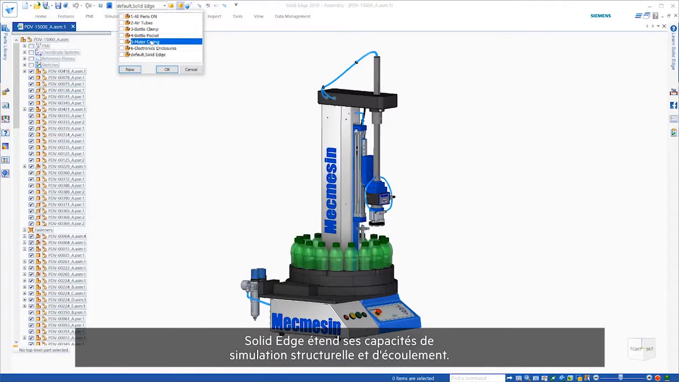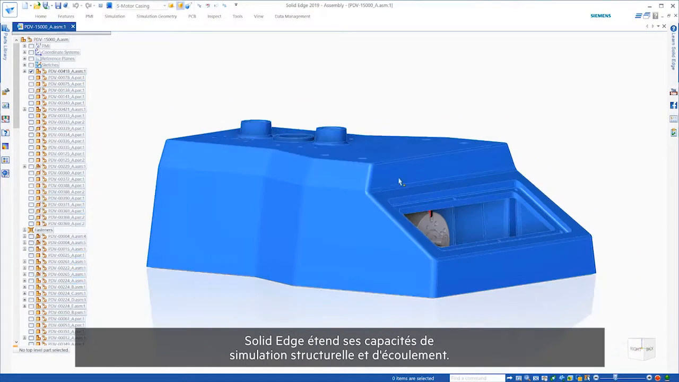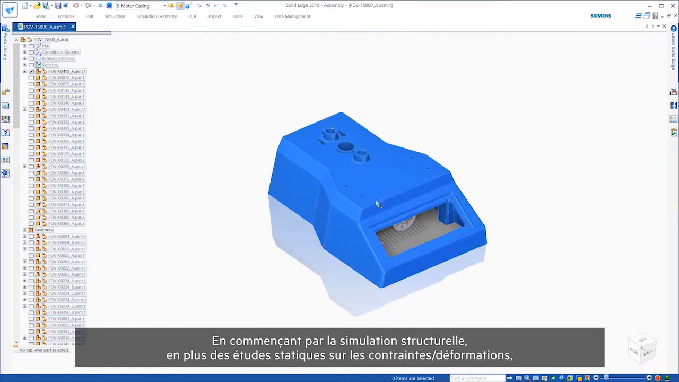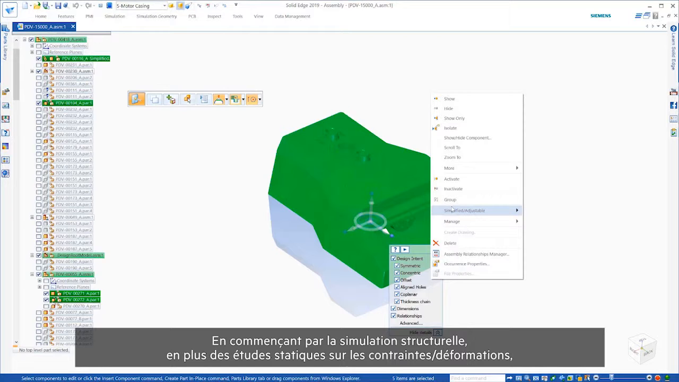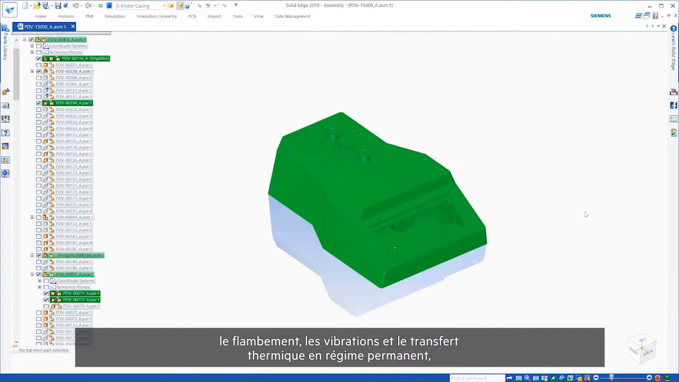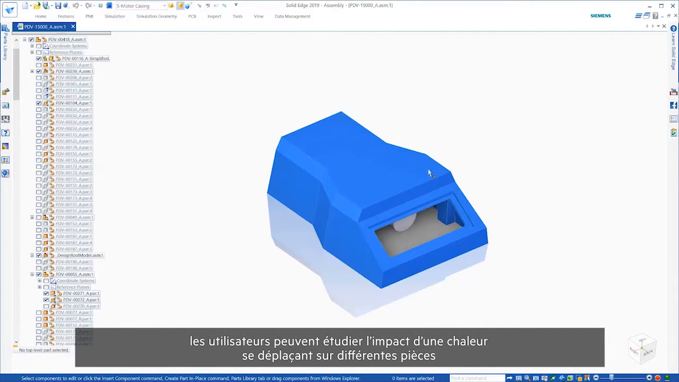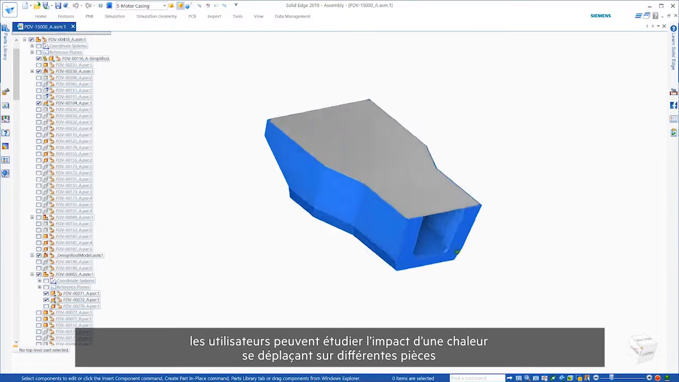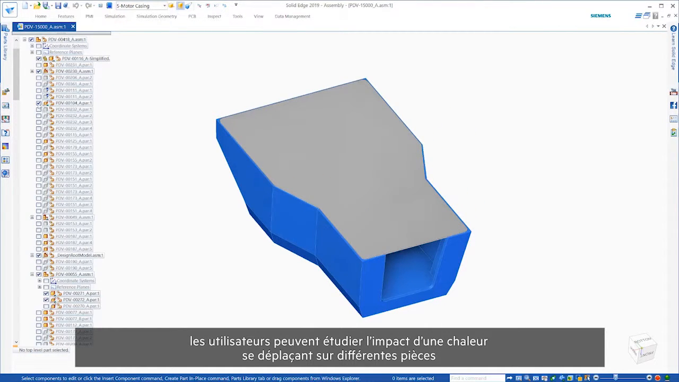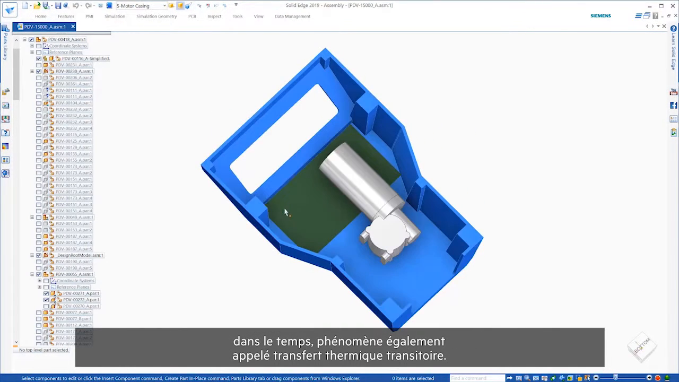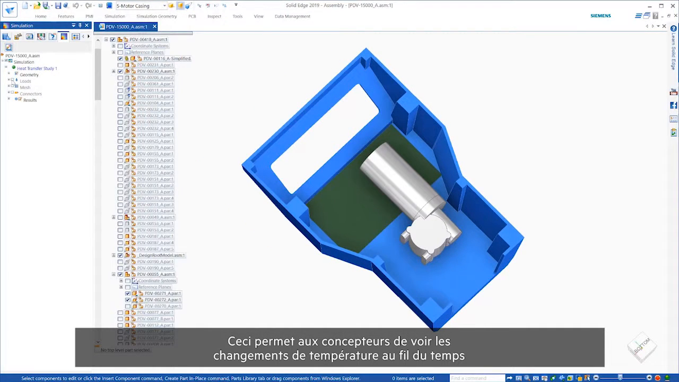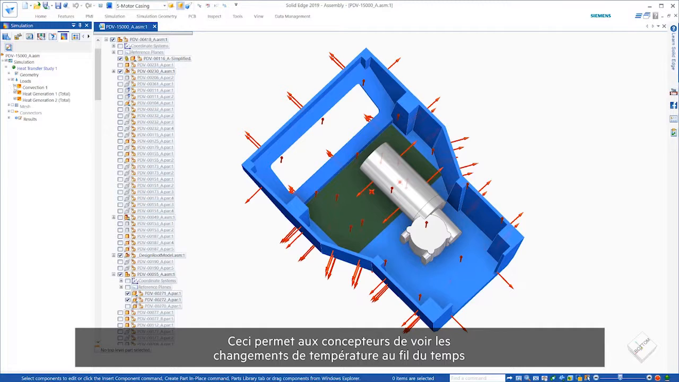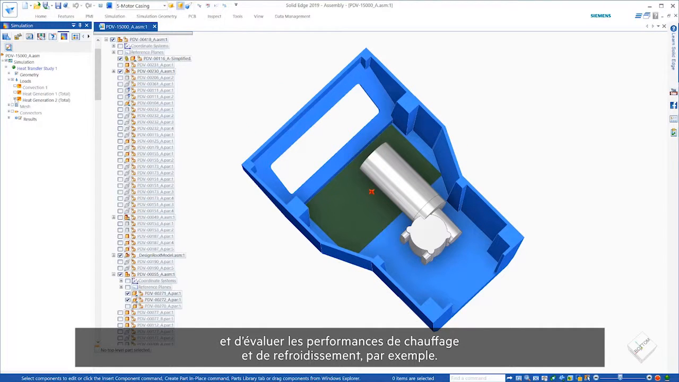Solid Edge expands its structural and flow simulation capabilities. Starting with structural simulation, in addition to static studies for stress strain, buckling, vibration, and steady-state heat transfer, users now have the ability to study the impacts of heat moving through parts with relation to time, also known as transient heat transfer. This allows designers to see temperature changes over time in order to assess things like heating and cooling